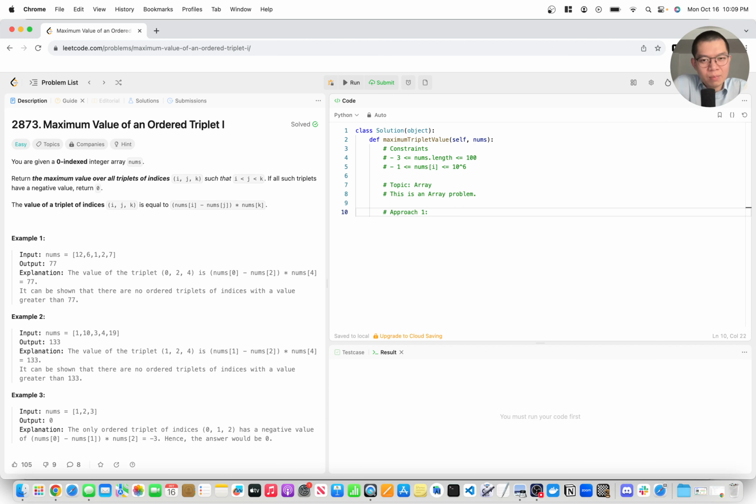If you draw it out on paper, you would find that the first for loop goes from 0 to length n. The second for loop goes from i plus 1 to